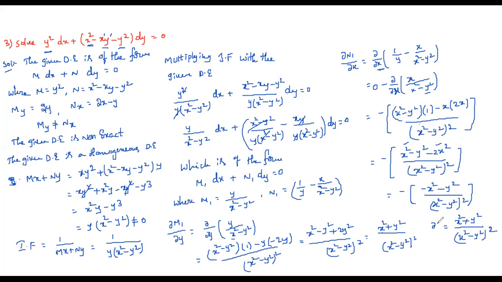So this is simply what we can write as dou n1 by dou x. If you observe dou m1 by dou y and dou n1 by dou x, we got both are the same. Simply we can write dou m1 by dou y is equal to dou n1 by dou x. Now we need to find the general solution for this differential equation. So the general solution is